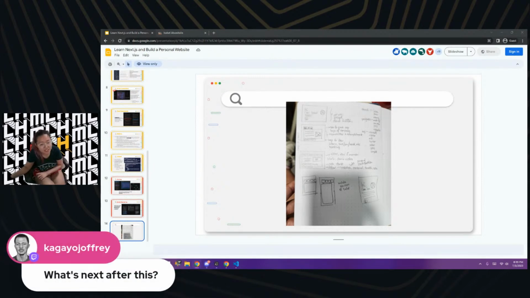What's next after this? Start designing your own websites. Start thinking about how you want to display the things you want to display, and then, if possible, think about how you want to implement it. Remember when I said my tabs will change what's in the container? Think about which buttons get pressed, which components you need to make. Just start with planning, and then we'll implement by Thursday. How does that sound?